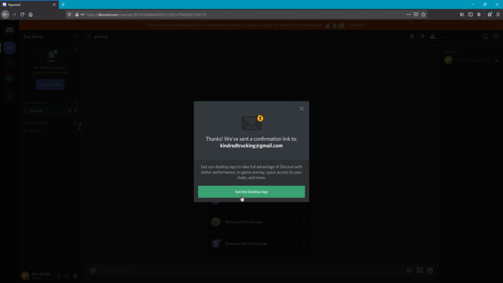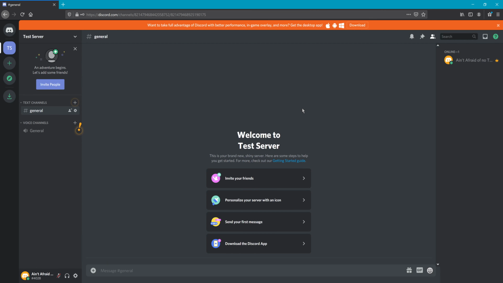Then it asks you if you want to get the desktop app. Like I said, we're going to go into the desktop app later. So just click the X up there in the corner and make it go away. Now, you're going to need to verify